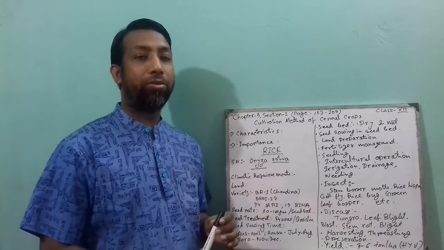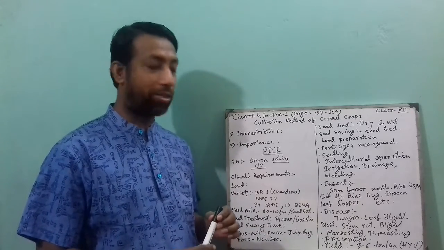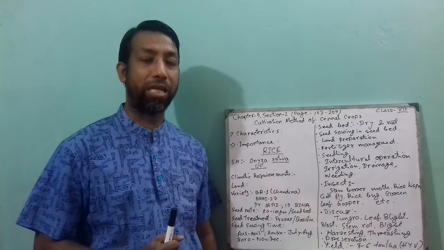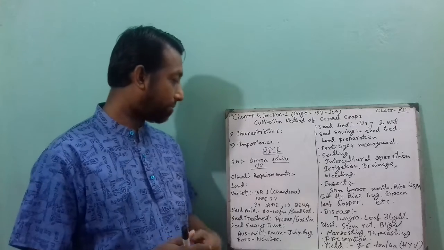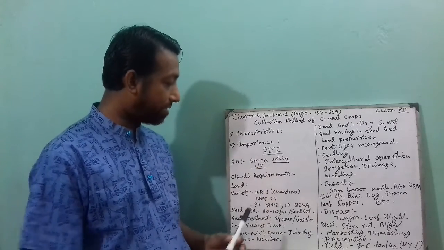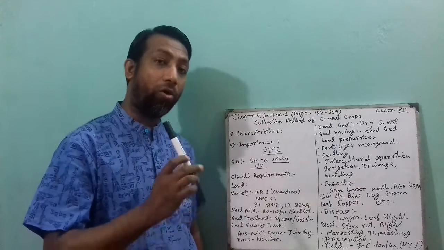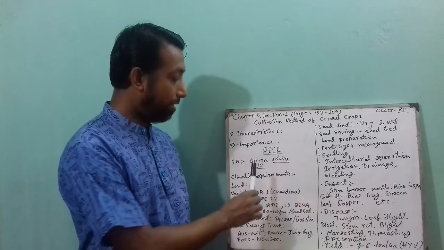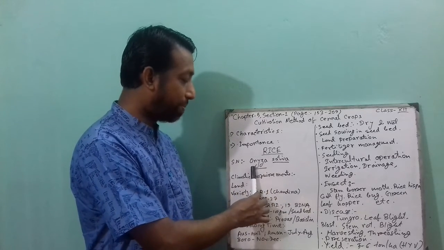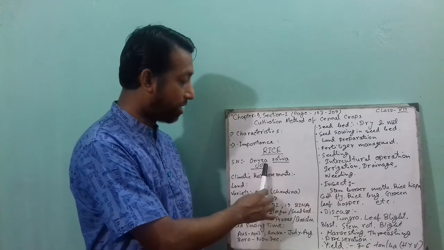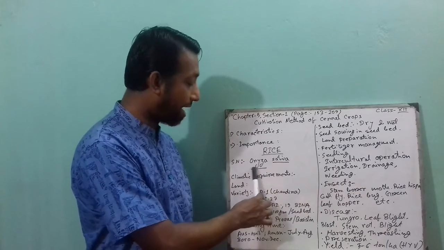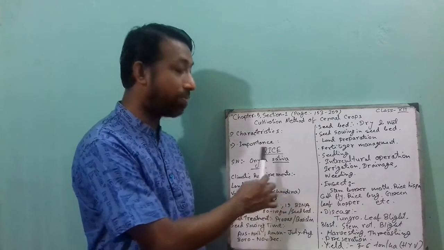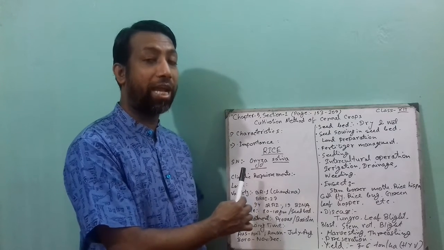Now I would like to explain the cultivation method of the rice crop, because I told you before, rice is the main or staple food in our country. The scientific name of rice is Oryza sativa. Always remember that you have to write down the scientific name in this format. Between the two words, this is the genus and this is the species. You have to leave a space in between and underline the words as well. And the first word will be capital and the rest small. Otherwise, you will not get marks in the exam.